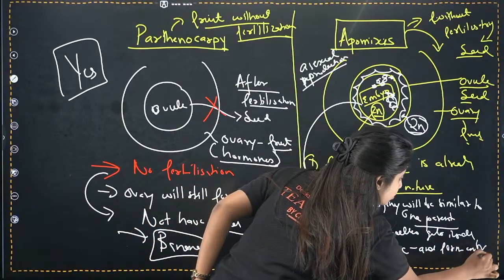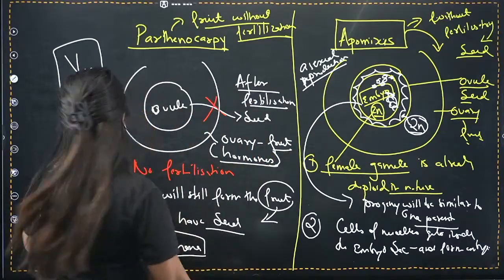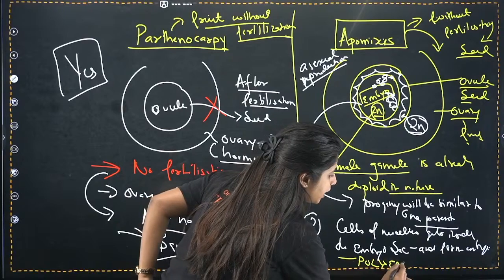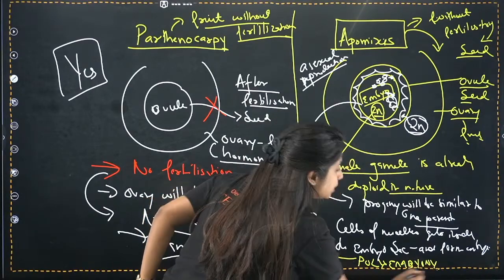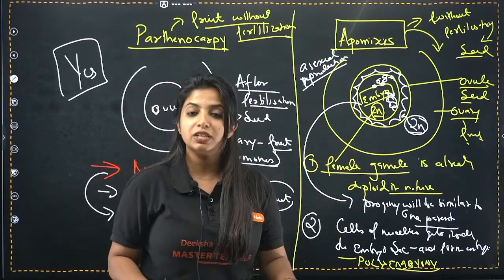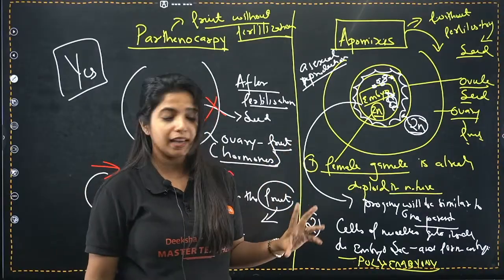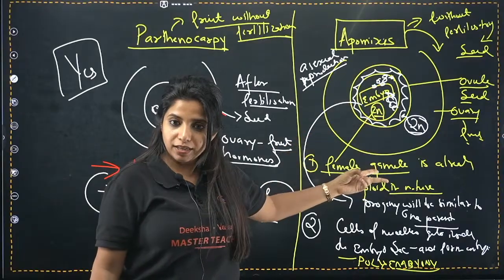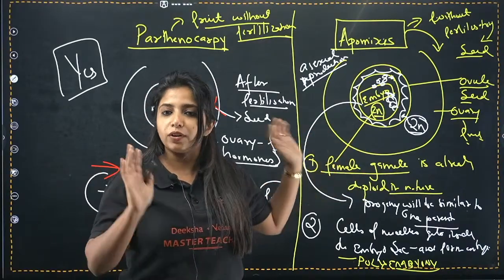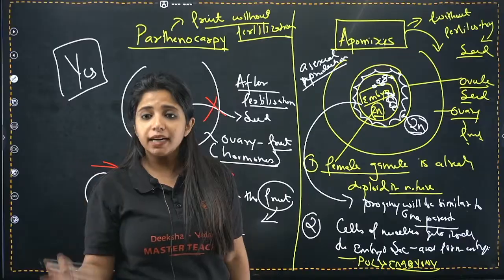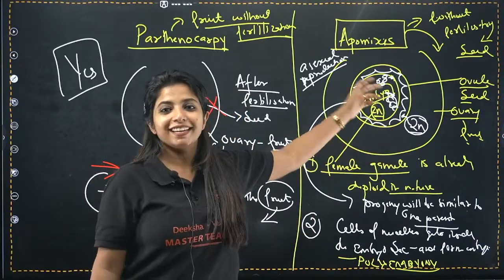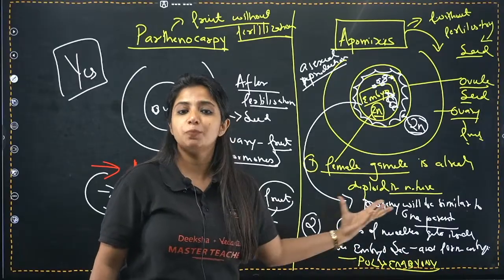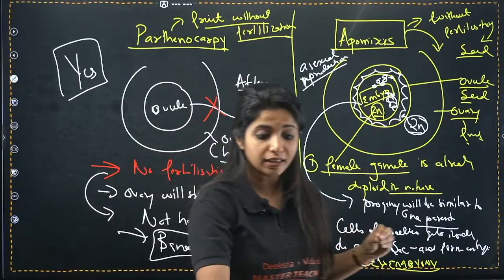And when they do that, one more term comes into the picture, and that is known as polyembryony. What do you mean by that? Multiple embryos are being formed. That is why you use the term polyembryony. Apomixis has two ways according to your NCERT. One is the female gamete is already diploid. It can just divide and form the embryo. Second is the cells of the nucellus get inside and they form multiple embryos. When this happens, you call this condition polyembryony, and this is very important.